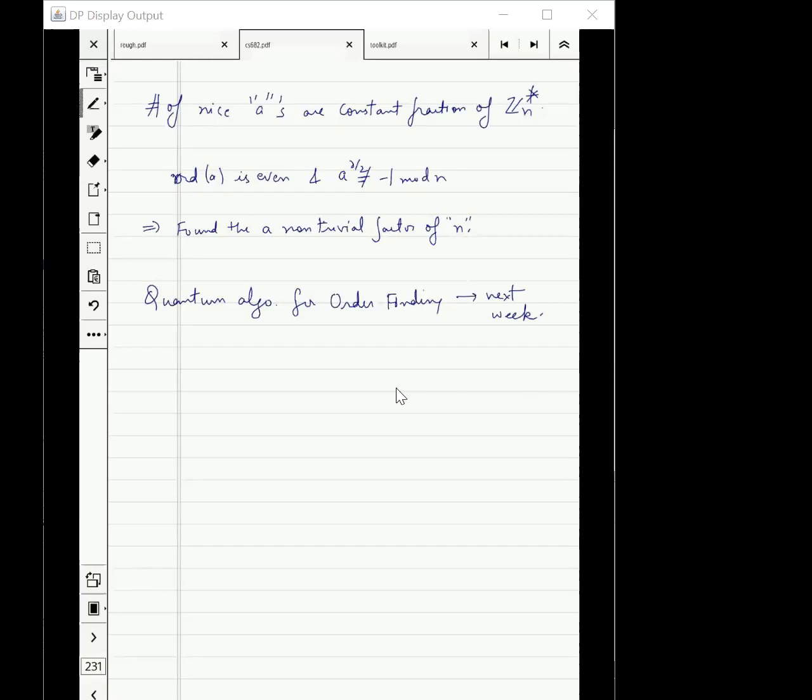Yes. Can I ask a question from the last class, HSP? Sure. Yeah, so in HSP, where you defined the quantum Fourier transform, I am a little bit confused with the notation you used. Okay. So let me open that. Do you want to share your screen, Diptajit? Will that help? Yeah, that can help.